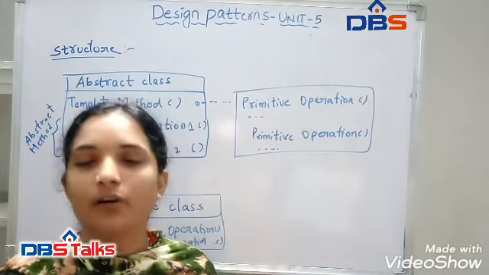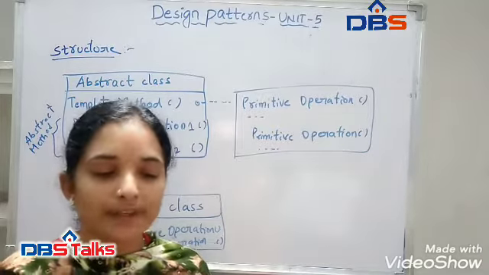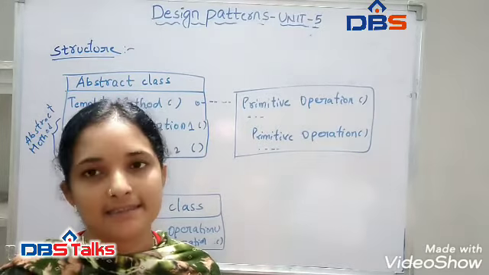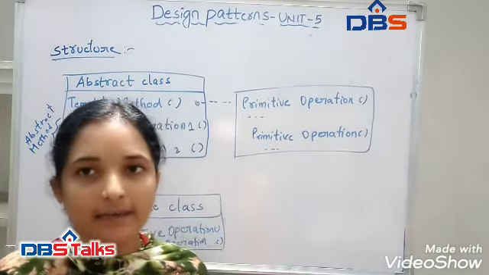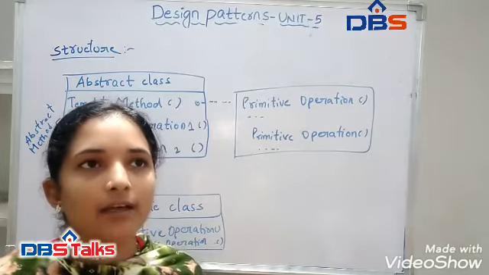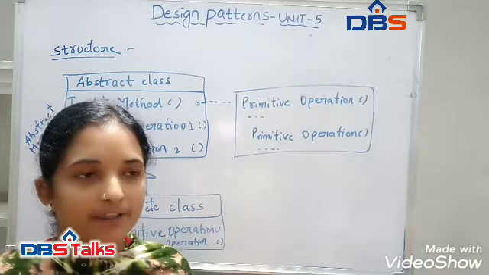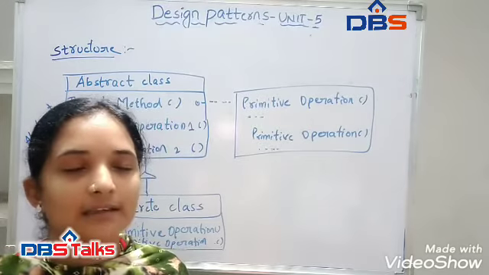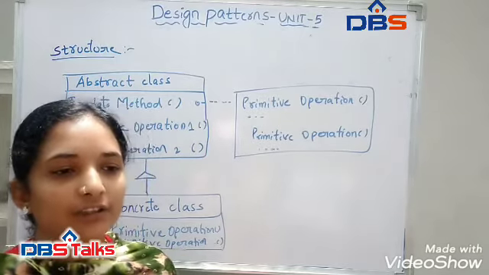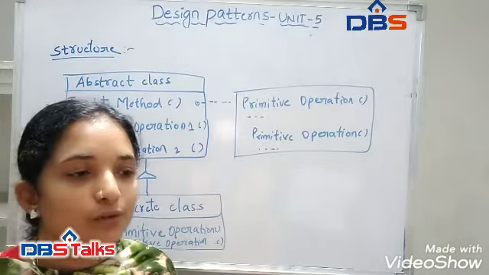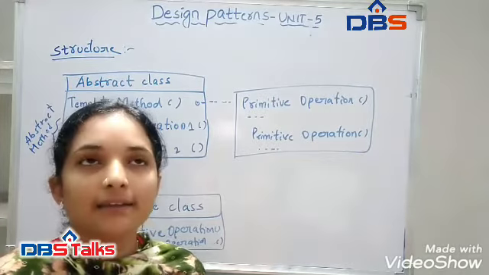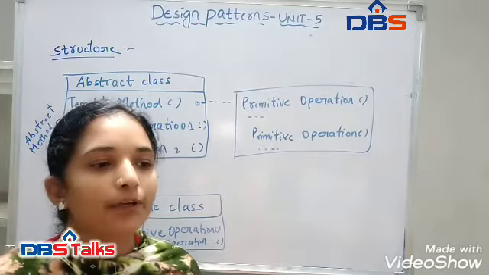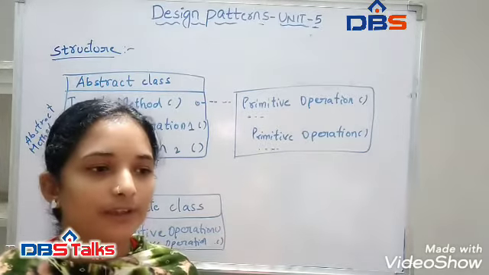In the template method, we follow some kinds of operations. The first is concrete operations, either on the concrete class or on client classes. Another kind of operation in the template method is concrete abstract class operations. These are operations that are generally useful to subclasses. Another kind of operation is primitive operations, which are abstract operations.